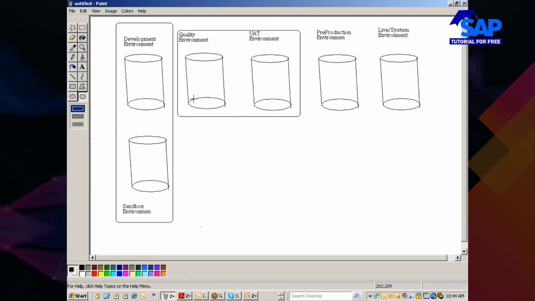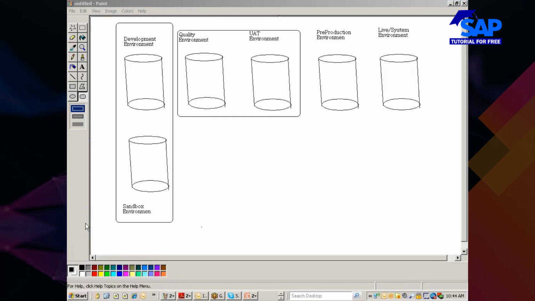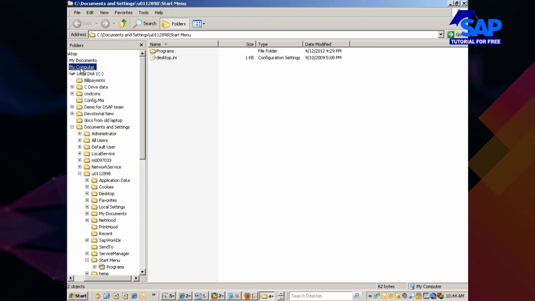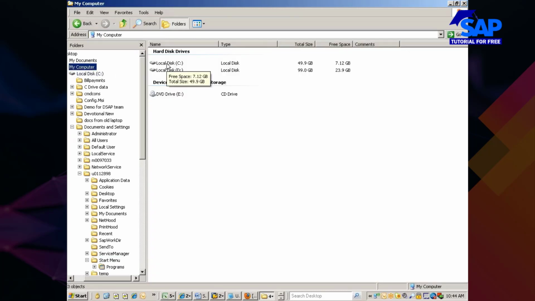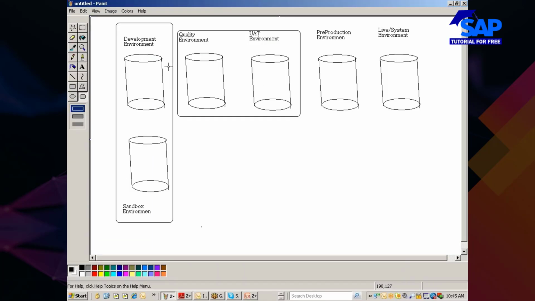I will tell you. Let's say, for example, if you look at my computer, I'll display my hardware. If you look at it, I have local disk C, local disk D. What does it mean? These are nothing but disk drives. Similarly, your SAP server can be separated not with the name drives but with a client.